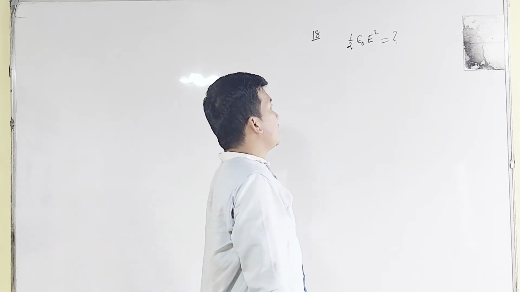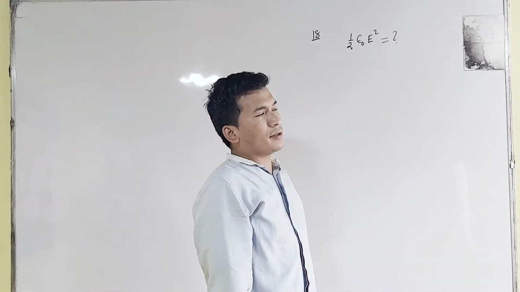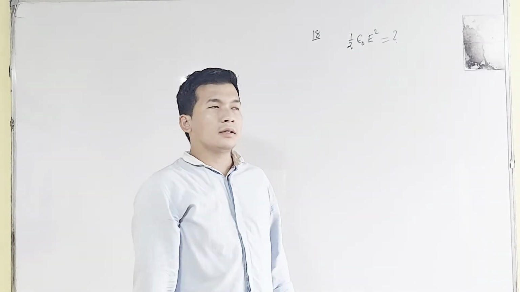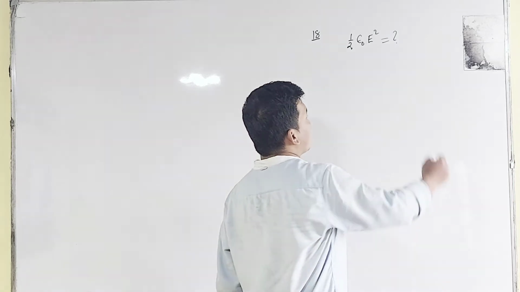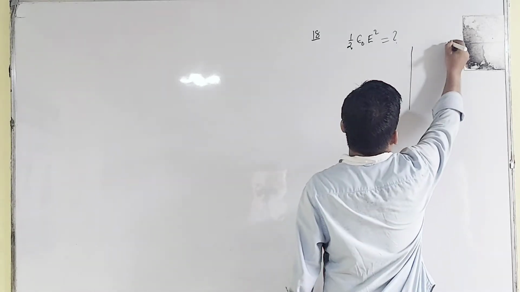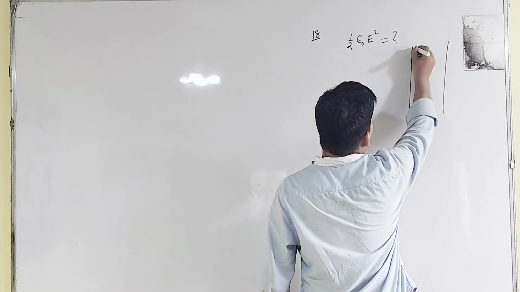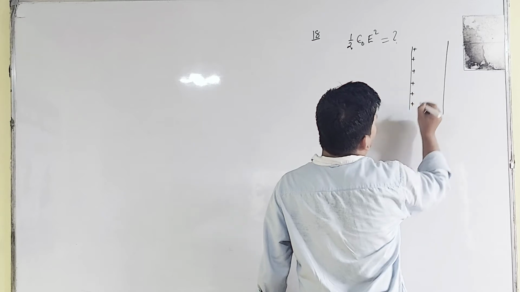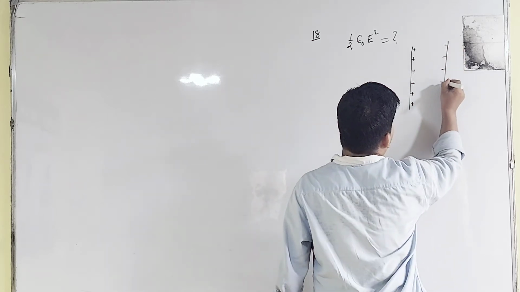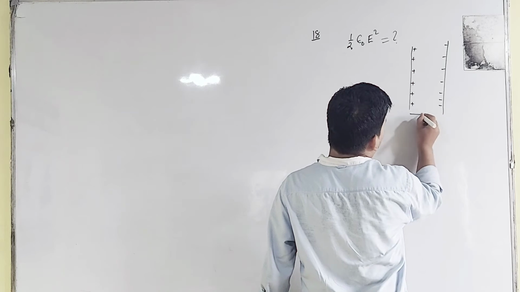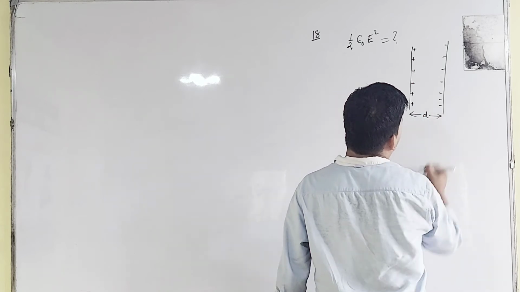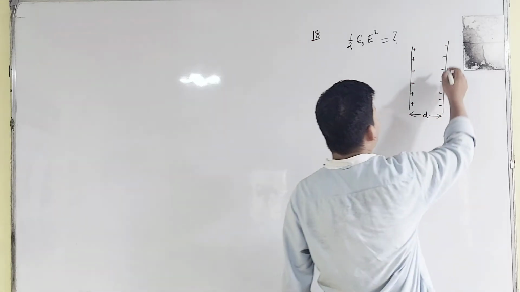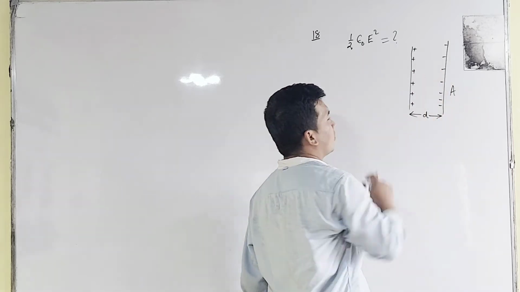I think you will have studied this equation in chapter 2 of class 12, capacitors. If we consider the energy stored in a capacitor, it consists of two plates of opposite charges like this, separated by a distance d. This d is the plate separation, understood, and A is the area of each plate.